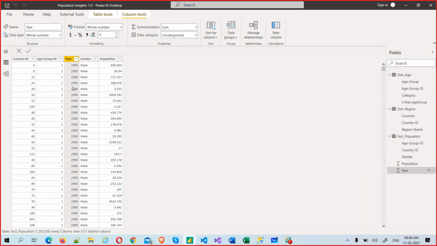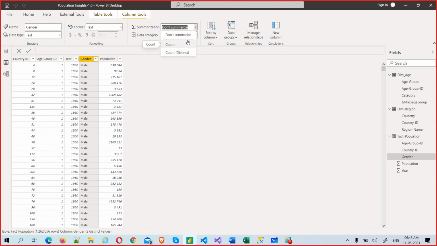So a year is selected, and you see this is summarized as sum, and a lot of summarization is there. These are called aggregate functions: sum, average, min, max, count distinct. These are all called summarization. But let's say if I have a gender, can I do summarization? Yes, you can do count distinct. These two things only you can do.